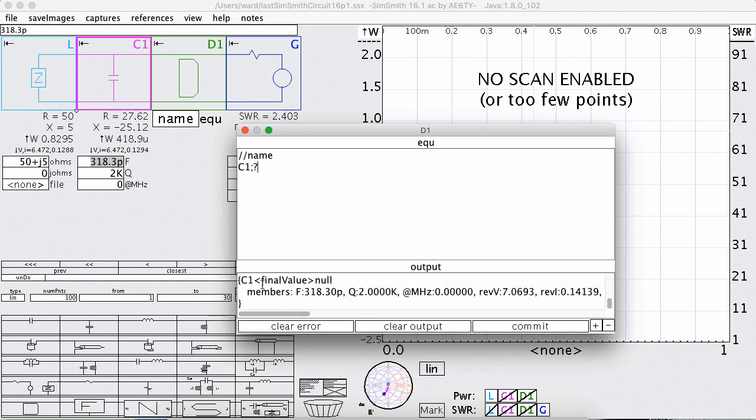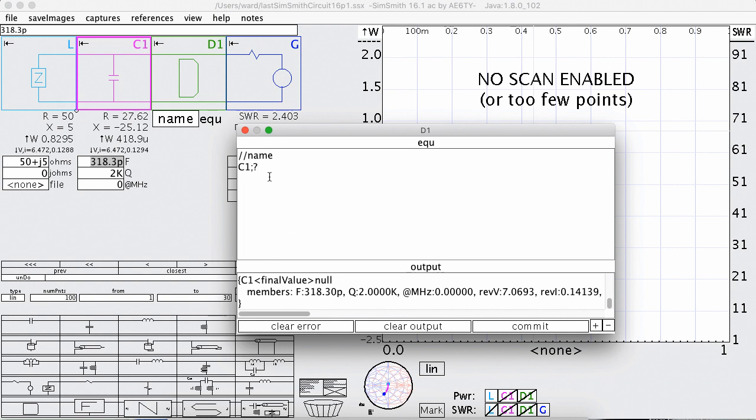And here is a list of all the things that are known about C1. There's the value F, you can see right there. There's the Q, there's the frequency of the Q, there's the reverse voltage, the reverse current, the inverse voltage, the inverse current. Probably should change the order of these to make the most common ones first. But in any event, you can see these are all the things that SimSmith knows about and can plot or access, or in some cases update,